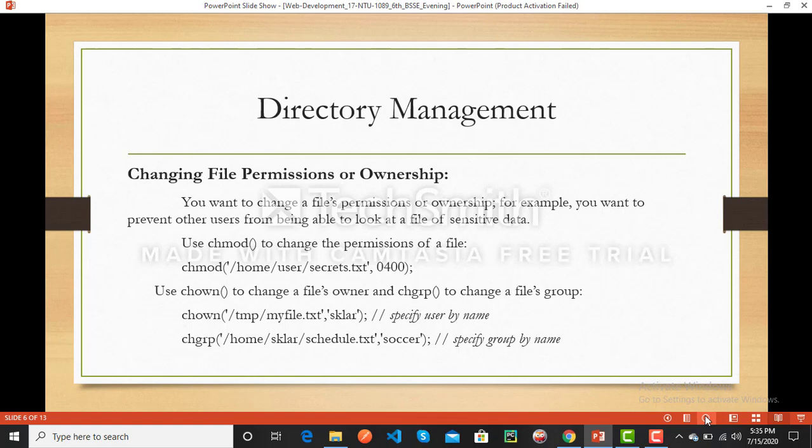We use chown for ownership, to change the file owner, and chgrp to change a file group. What is the function of change owner?